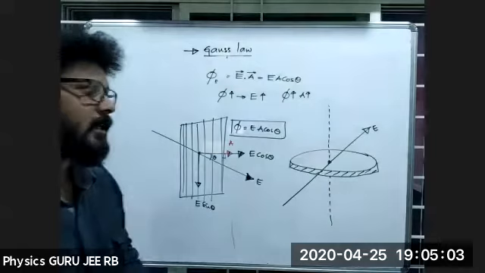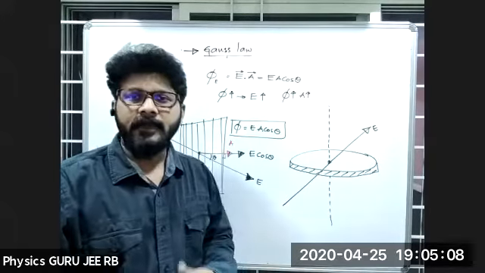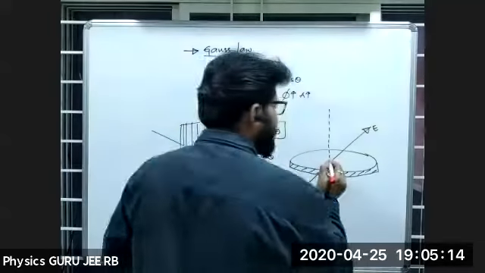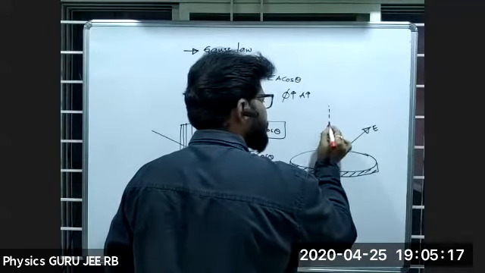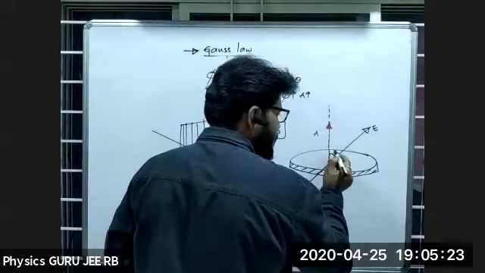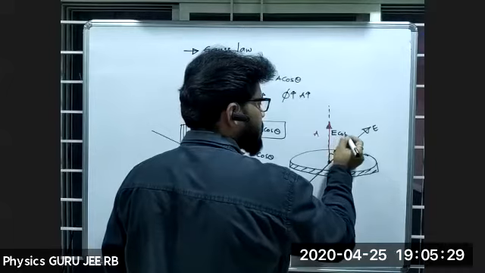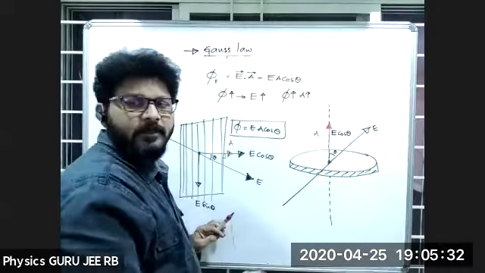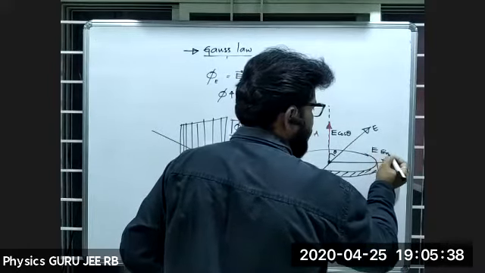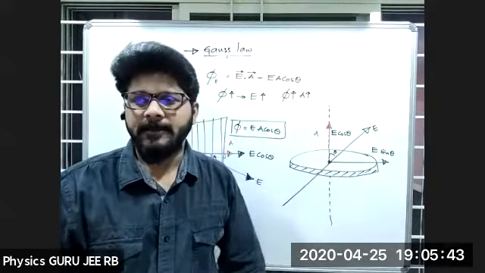Now, can you tell me in which direction we have to take the electric field components? First, select the area direction. Area is normal to the surface. This is the direction of area, normal to the surface, and this is theta. Then along this direction the component is E cos theta. It can be resolved into one more component like this, E sin theta. Hope you got it now: E cos theta and E sin theta.